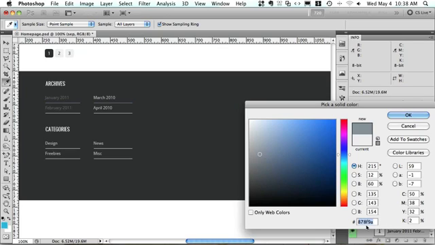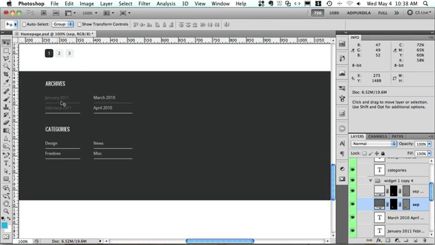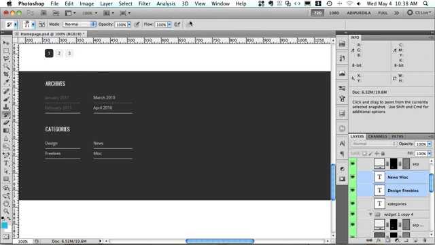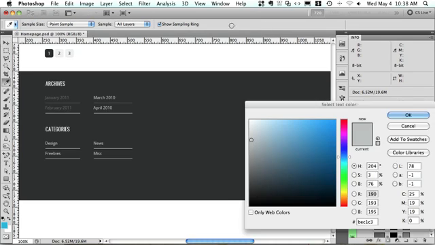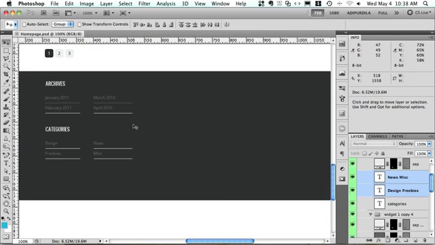That's not quite right, so let's just use the same color as the text. So grab this, grab the text, 60, 61, 63 for font color, and then